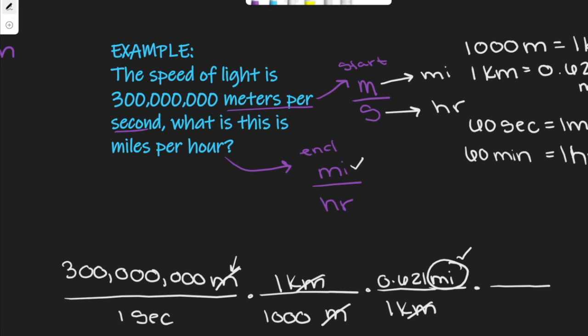Now, we have seconds at the bottom, which means that it's only going to cancel out with seconds that go on the top. So whatever unit I have needs to go on top. It does not matter that these are separated by 2 different conversion factors. They can still cancel out. So my 60 seconds is going to go on top. My 1 minute goes on the bottom. My units cancel out. And then I know that 60 minutes is 1 hour, and those units cancel out as well. So if I multiply everything on top and divide it by the bottom, I get